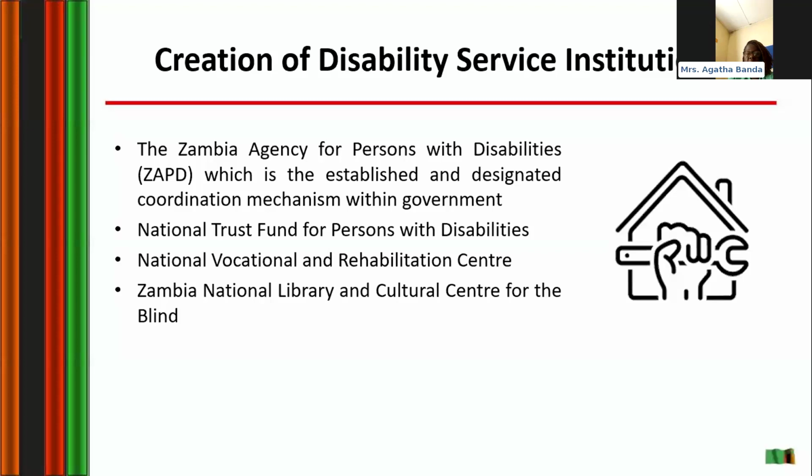We also have the National Vocational and Rehabilitation Center. This is a rehabilitation center as well as a training institution for persons with disabilities in different fields. And then we have the Zambia Library and Culture Center for the Blind. It's a rehabilitation center for the blind and those that acquire visual